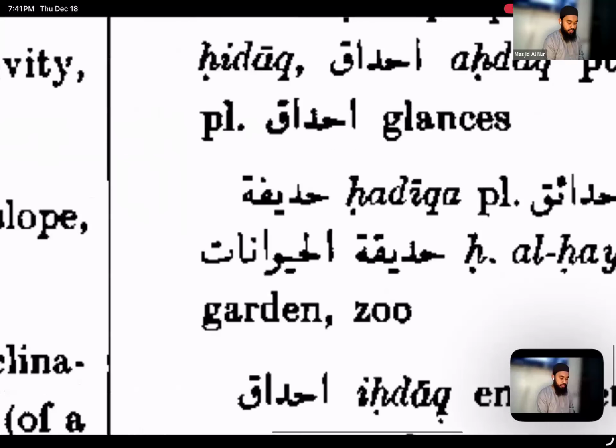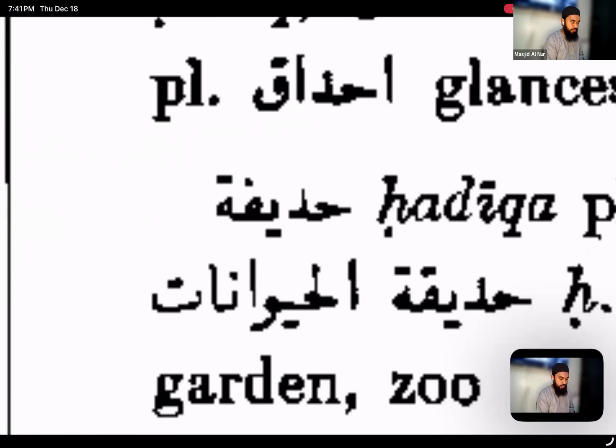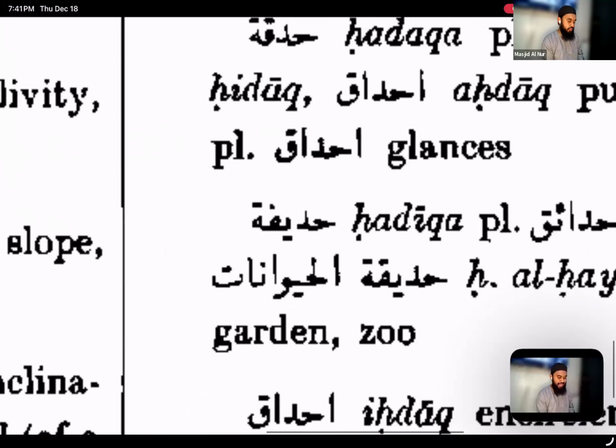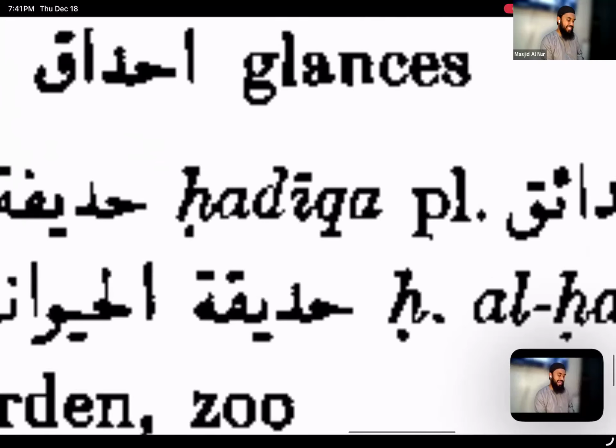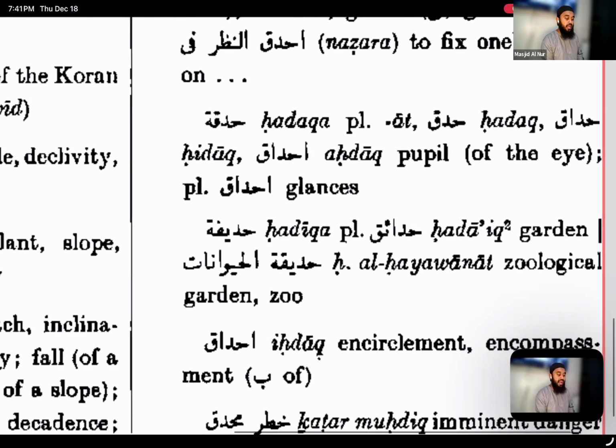Hadiqa. There's a little typo over here, or something was erased. It's a qaf. Hadiqa, as you can see in English transliteration. Hadiqa. Plural, hada'iq. See over here, do you see that it's not hadiqat? Remember what I said? When it doesn't come for an attribute, when it's not associated with someone, it's just a thing, it doesn't have to follow that rule.